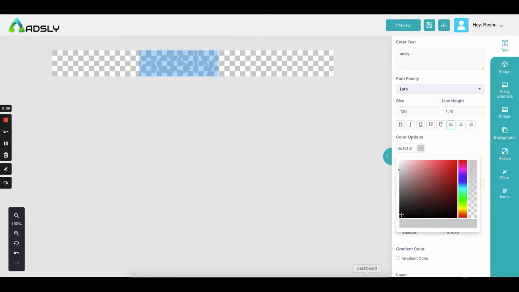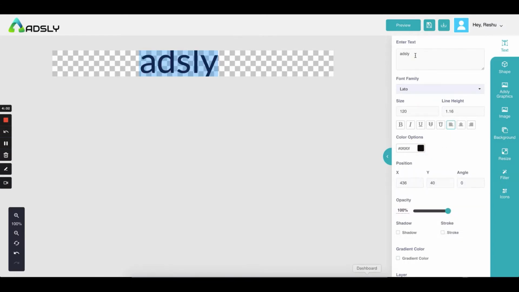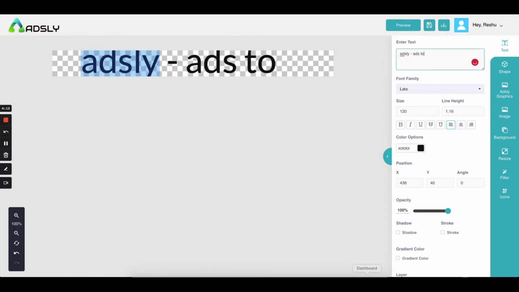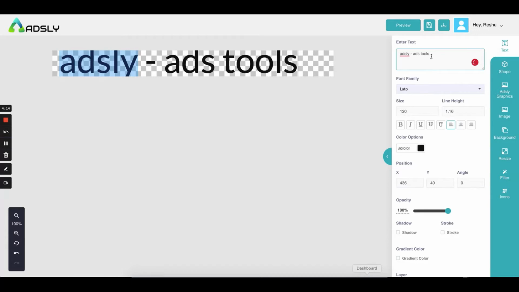From here you can change the color. You can also add the text over here instead of writing it here. So Adsly, I can say ads tool, simple. So you add something over here, it will be reflected on the canvas.